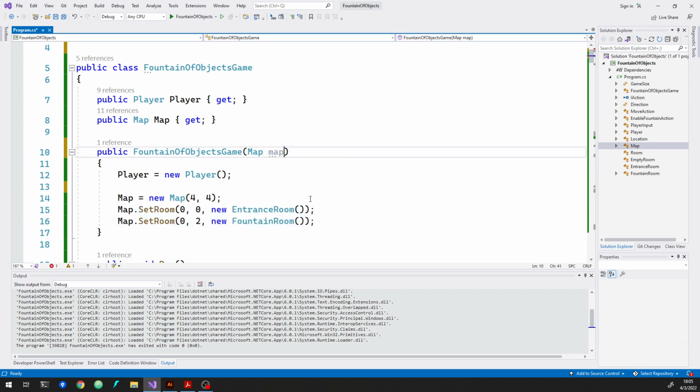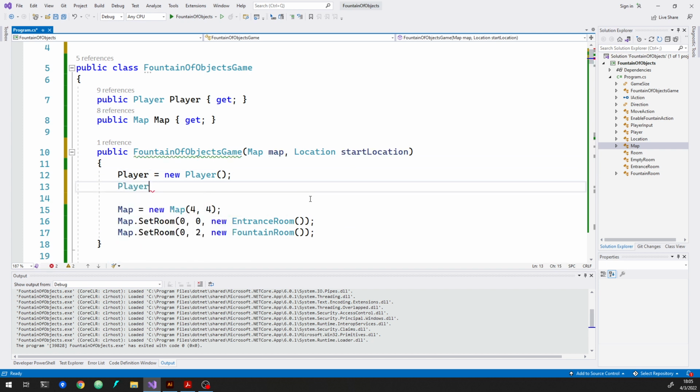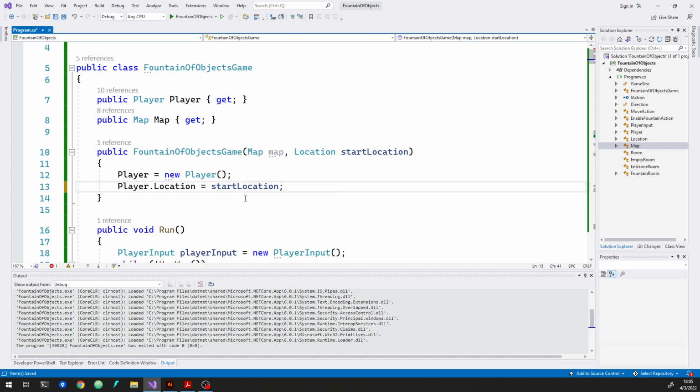The other thing that I think we need to put in here is we need to pass in the start location, because we do need to get the player started in the right spot. Alternatively, this could pass in the player. That could be a possibility too, that we give it the map and the player itself, which might not be a bad way to do it. But anyway, so right now I'm going to